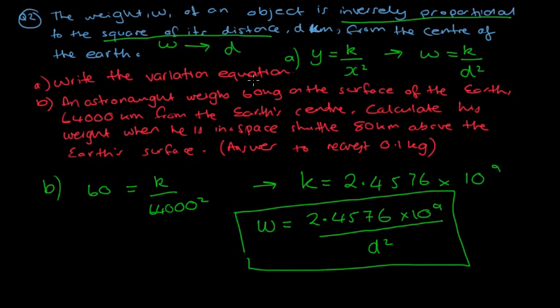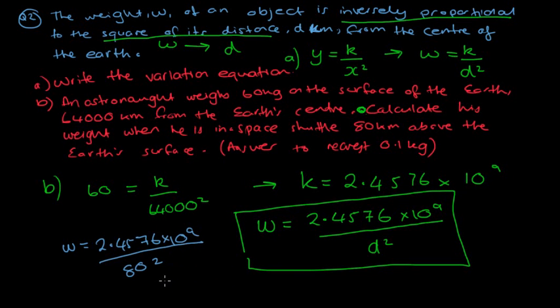Now I can answer the question, which says calculate his weight when he's in space in a shuttle 80 kilometers above. So we're calculating the weight, finding W, so it's simply a matter of putting W equals 2.4576 times 10 to the power of 9 all over, and our distance we've been told is 80 kilometers,